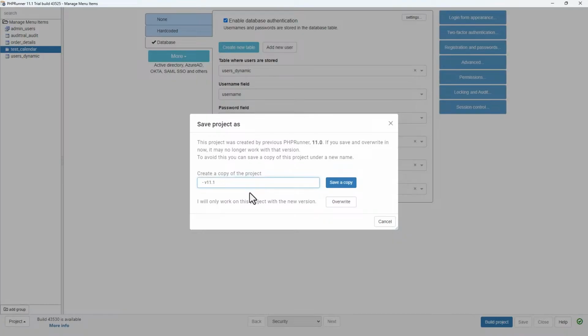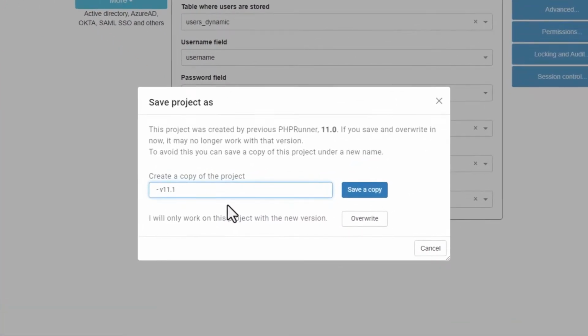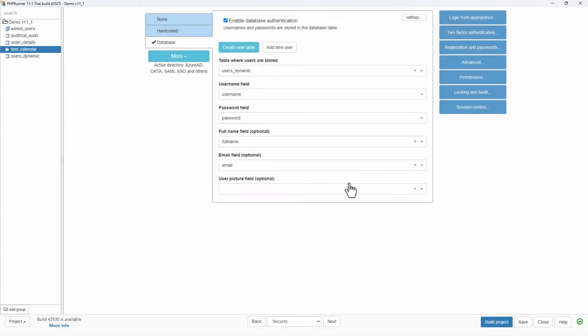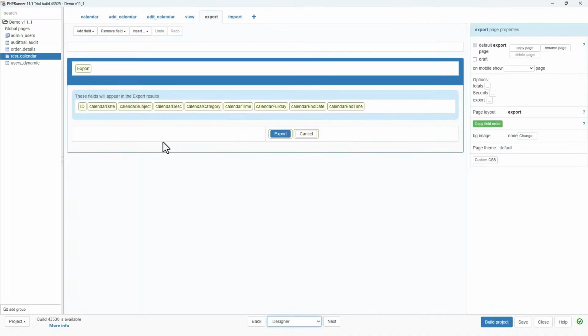So I'm going to rename this, I just want to see if there may be a problem, so I'll add an underscore. Demo V11.1. It's just saving the project, and now you can see here on the left corner that I have a new project. Okay, so let's go to